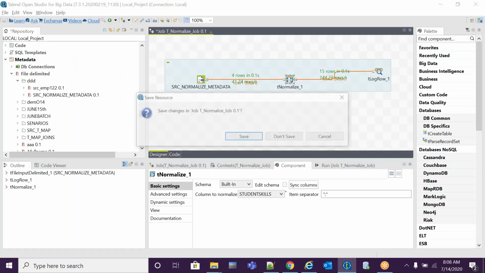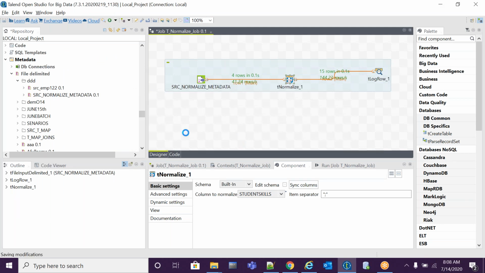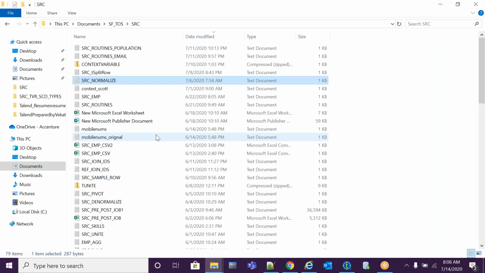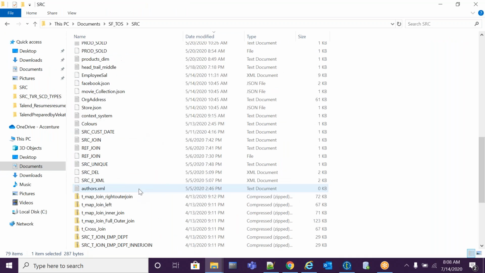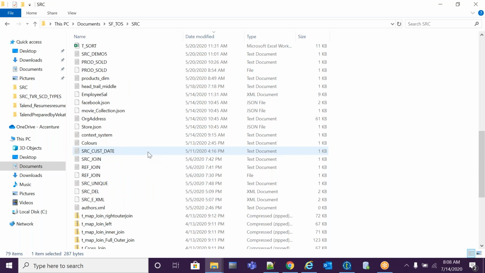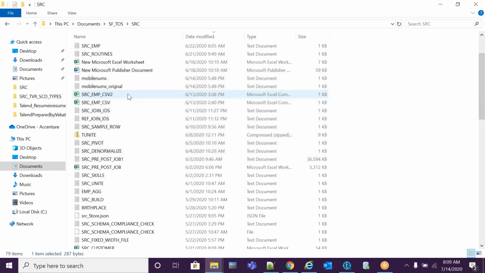Let me close this and open the denormalization source file.